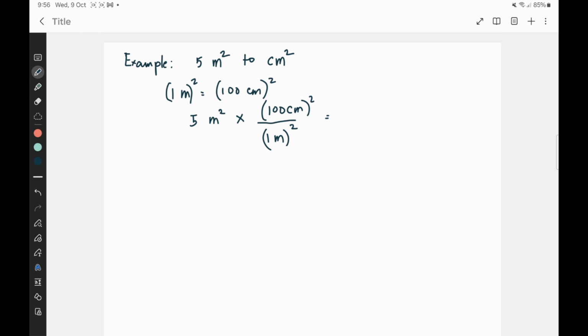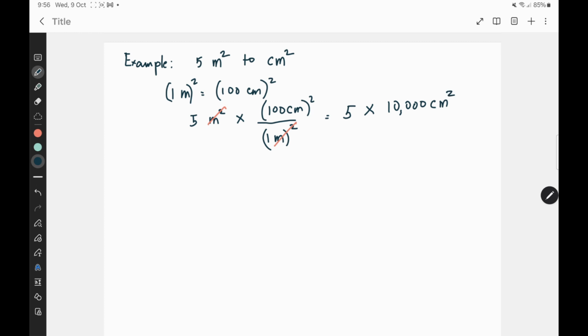squared. So therefore, I can now cancel the unit of square meters in this particular case. Cancel this, then cancel this. Now, what remains is this 100 centimeters squared. Okay? So that would mean that we need to multiply 5 by the square of 100 centimeters. And of course, we know the square of 100 centimeters, and that is 10,000